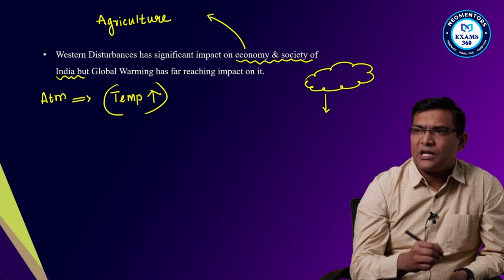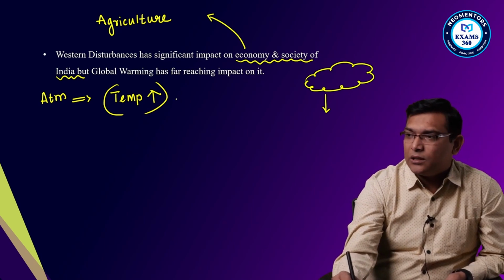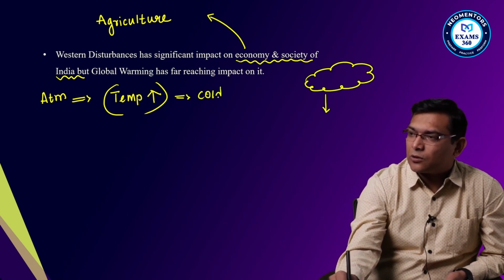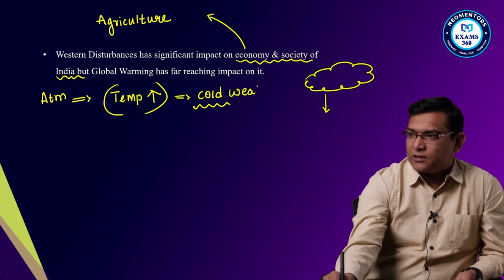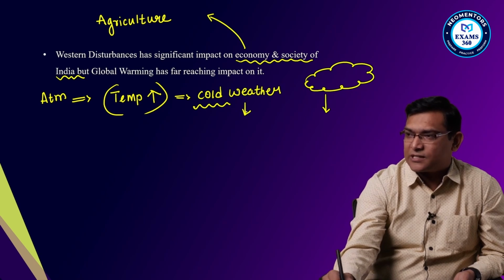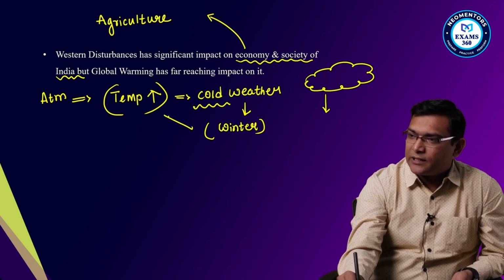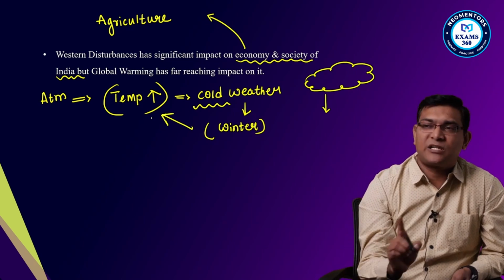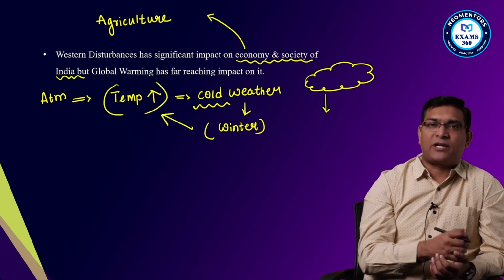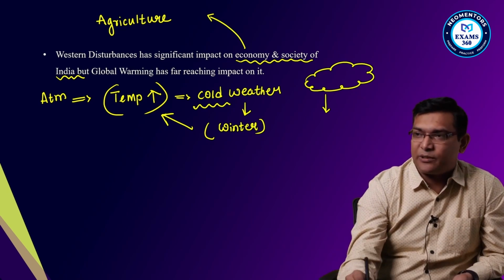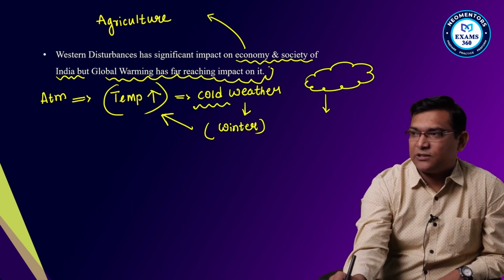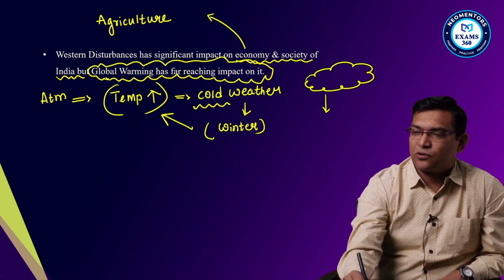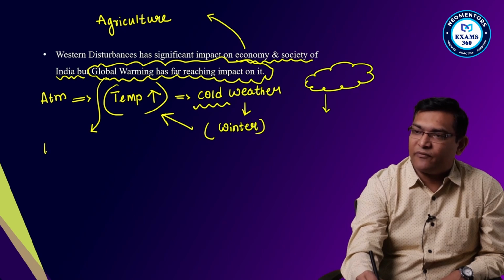So generally we have cold weather in the winter season. Winter season lo cold weather ఉంటుంది. కానీ ఎప్పుడైతే డిస్టర్బెన్సెస్ వస్తాయో అక్కడ టెంపరేచర్ పెరుగుతుంది. సో దట్ ఈస్ అ సిగ్నిఫికెన్స్ ఫ్రమ్ ది ఎకనామిక్ పాయింట్ ఆఫ్ వ్యూ, అట్మాస్ఫియరిక్ పాయింట్ ఆఫ్ వ్యూ, సొసైటీ పాయింట్ ఆఫ్ వ్యూ. But global warming has far-reaching impacts on it. Because of global warming, the western